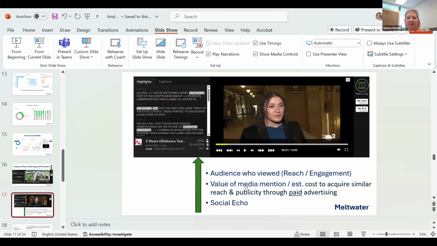And then the bottom number with the star is the interaction or the engagement, as Kirsten talked about. That's important. So this tells you this particular story also featured on their website, because then people interacted and possibly on their social media. So you could even go check that, but it'll tell you 61 times. It's not necessarily the number of people, but people were interacting with that particular news bite.